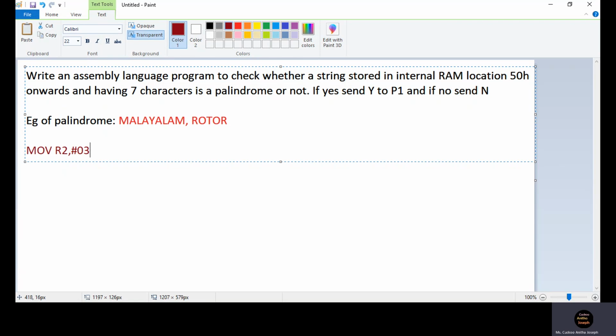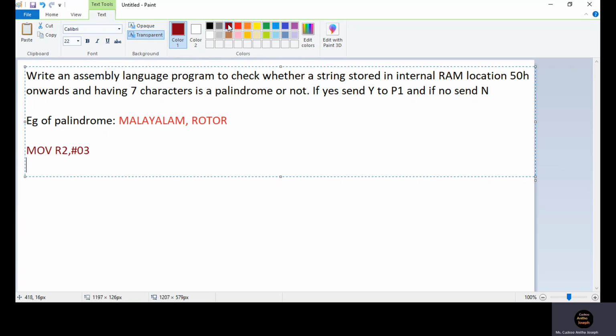What is the next step? The next step is that we have to get the characters that need to be compared. For that, we should employ indirect addressing. We have already used indirect addressing many times. We know that it is beneficial to use indirect addressing.